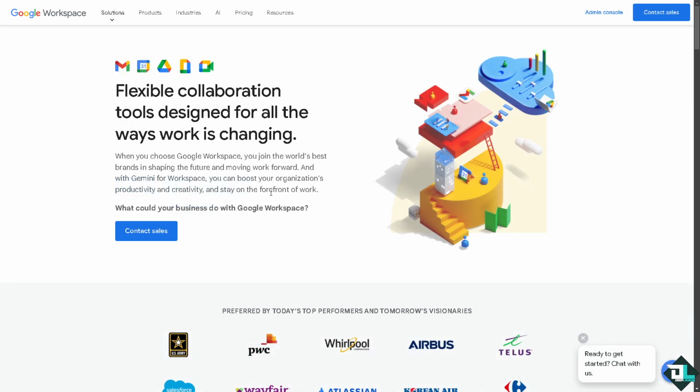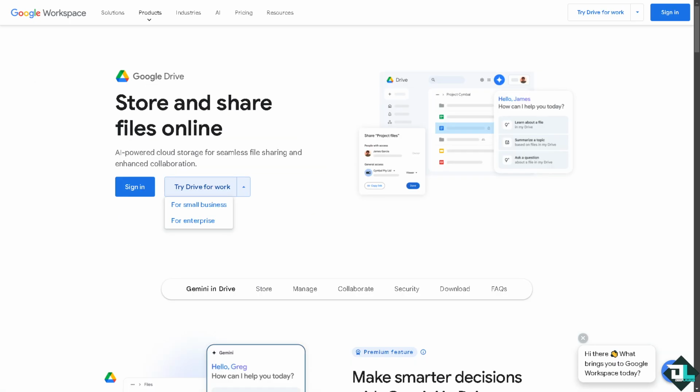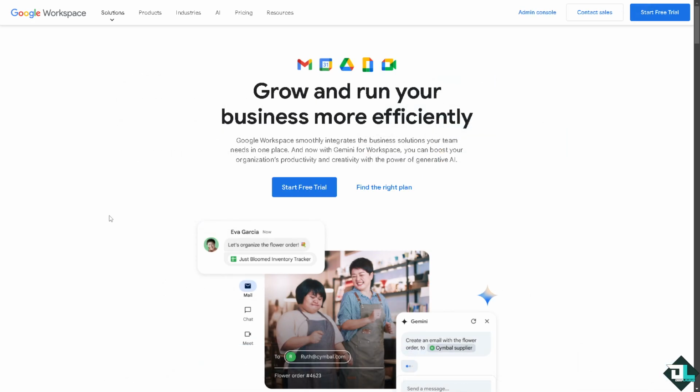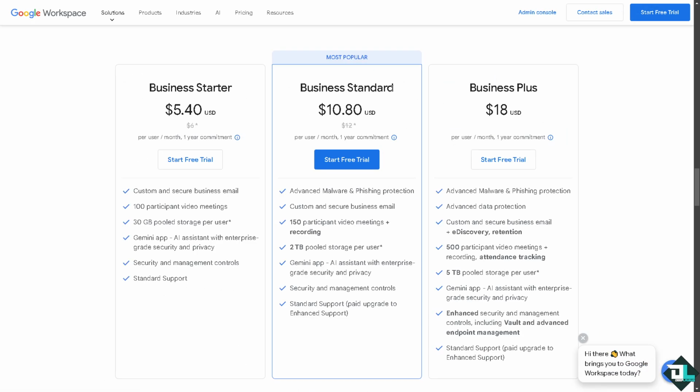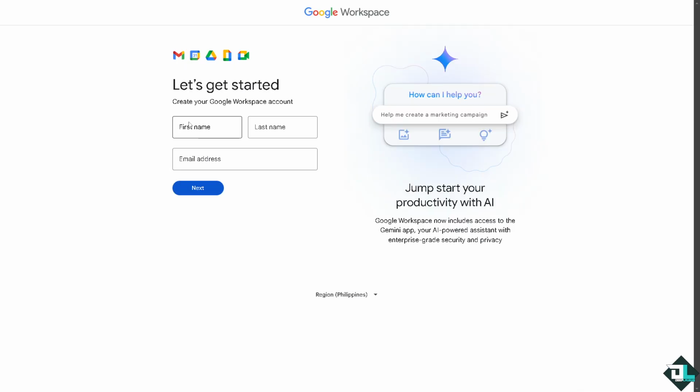Now, if you click on the enterprise, you have all these flexible collaboration tools for all the ways work is changing. If you click on the small business, all you have to do is find the right plan if you want. And again, you would be forwarded here. All right, just click on the start free trial. And from here, all you have to do is just follow the on-screen instructions and provide your email address